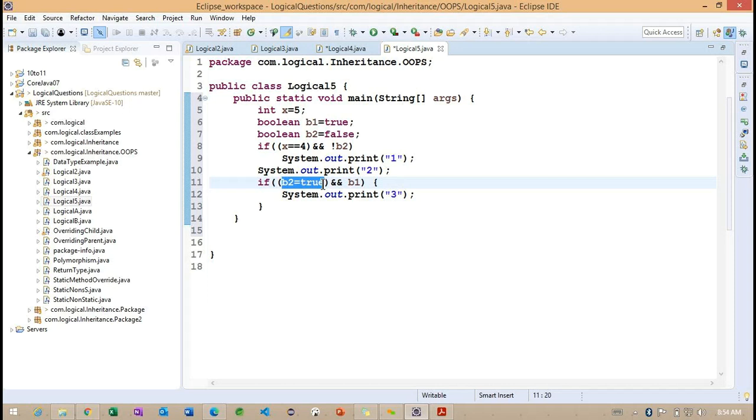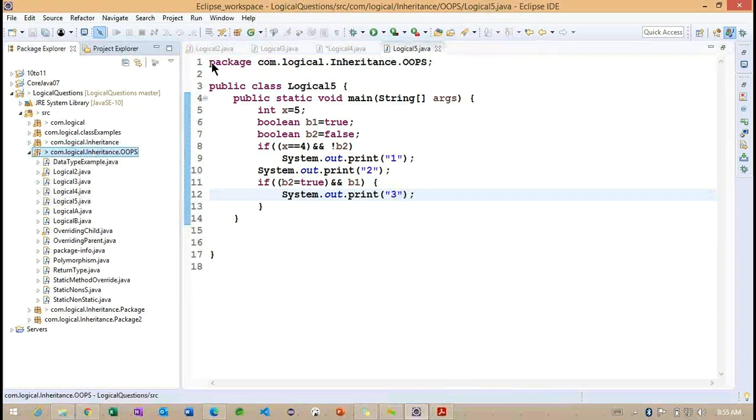B1 already has the value true. So first we need to understand the initialization section, and later we need to make both the values true. So for this expression we need to return true. Same way this expression also needs to return true. These are the two important things we need to understand here. Right. Now we need to understand one more example.